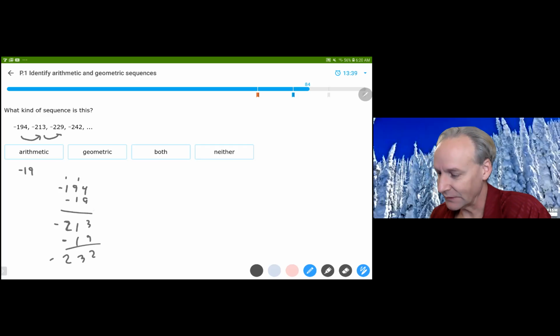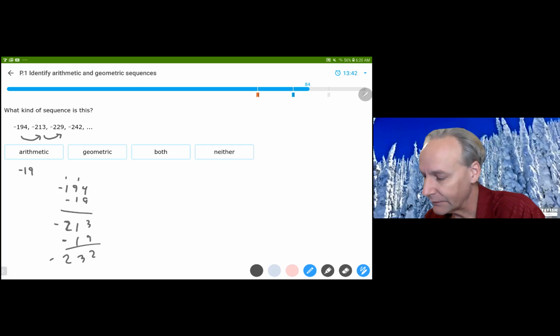And to get to this one, we took off, looks like minus 16. And to get to this one, it looks like we went down minus, God, this is weird. It's like very inconsistent. 17 maybe? Oh, was this one 18? Is that what I did? No. Sure looks like 16 to me. Yeah, that's 16. And then we went down,